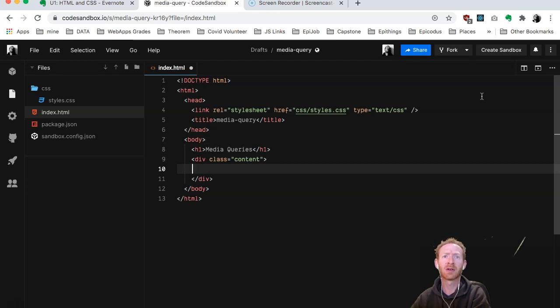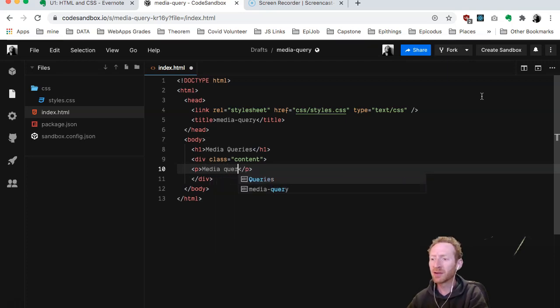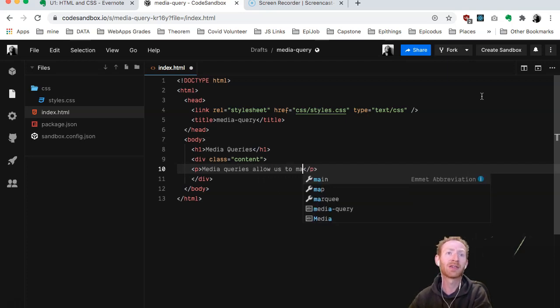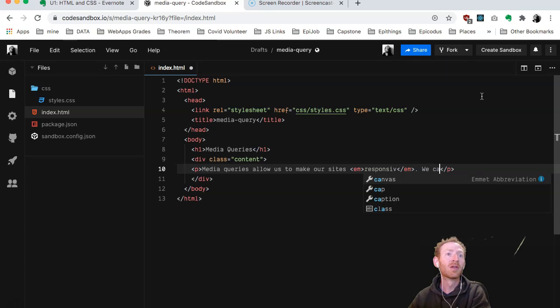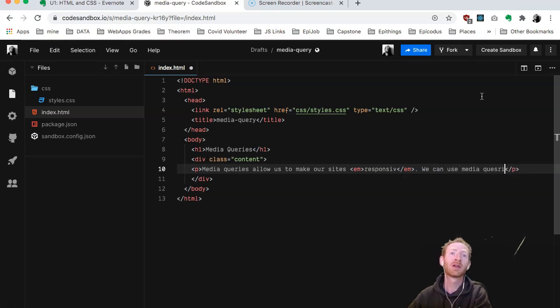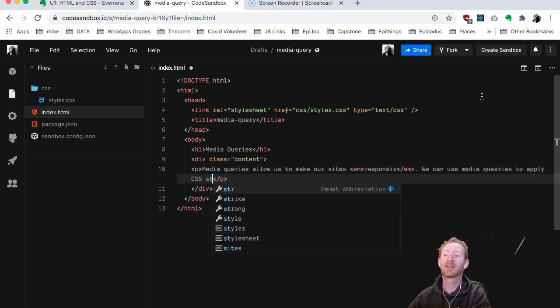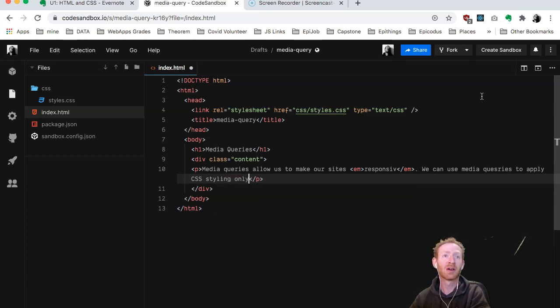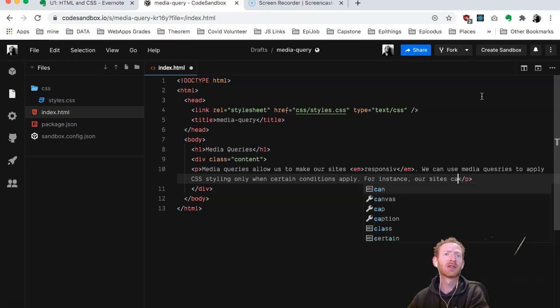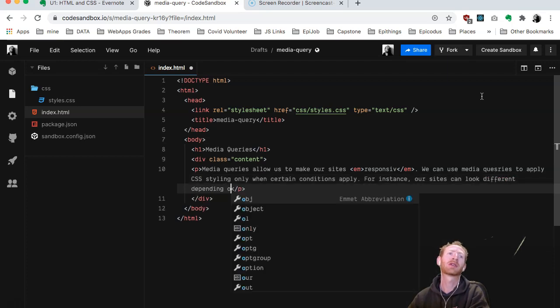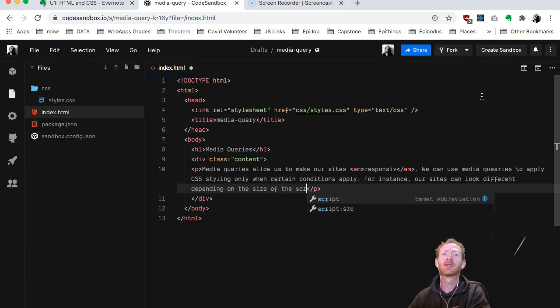And inside of the div, we're going to put a couple paragraphs. The first paragraph says: media queries allow us to make our sites responsive. We can use media queries to apply CSS styling only when certain conditions apply. For instance, our sites can look different depending on the size of the screen or,